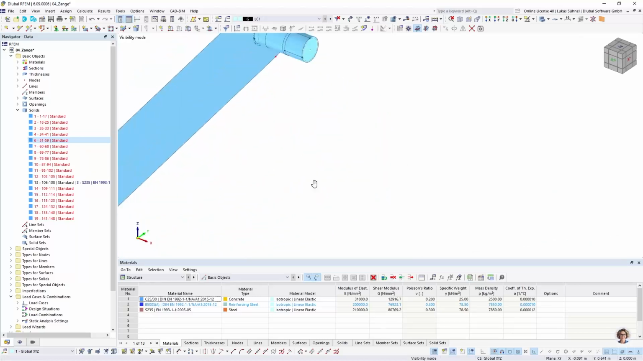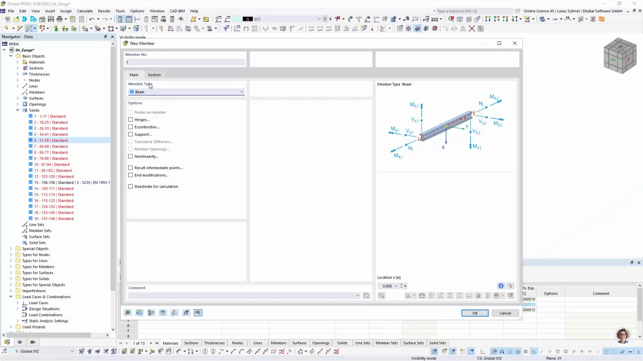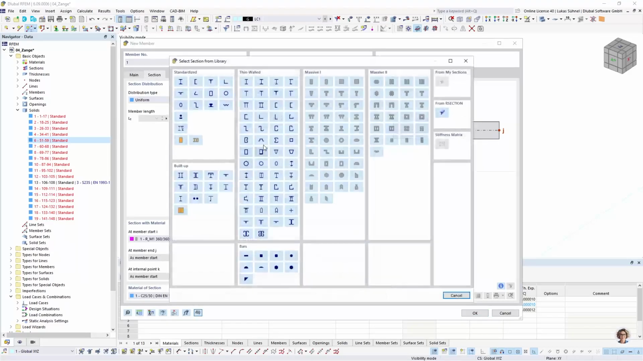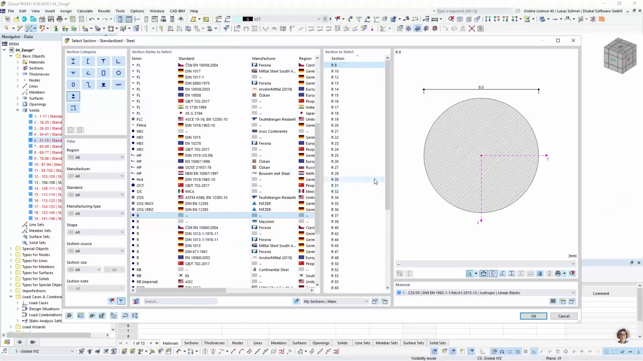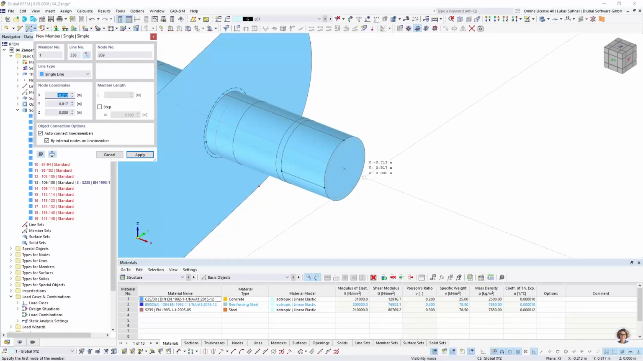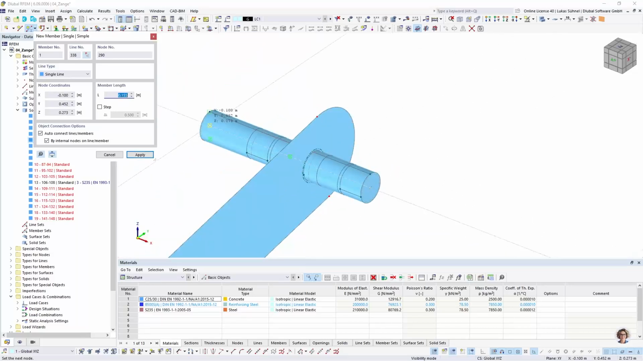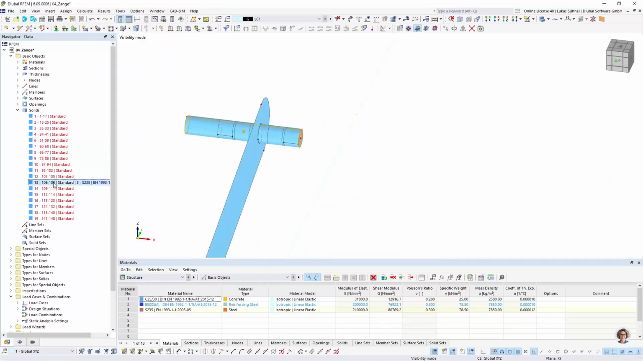Same for this bolt. I don't want to use a solid here. I want to use a beam. So I go into my library, select an R25, which is the diameter of that bolt, R25, with the related material. And I am catching here the snap point, the center of a circle. Yeah, that's the snap point I can select. Same on the other side. Then I have here a member, and I can delete this solid